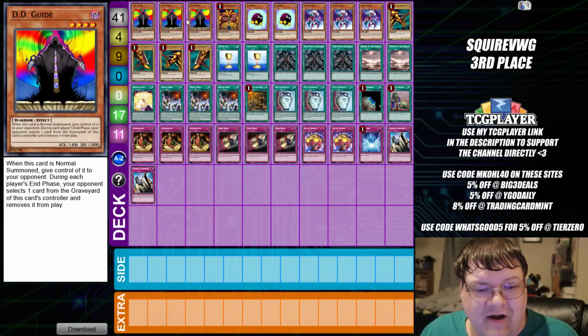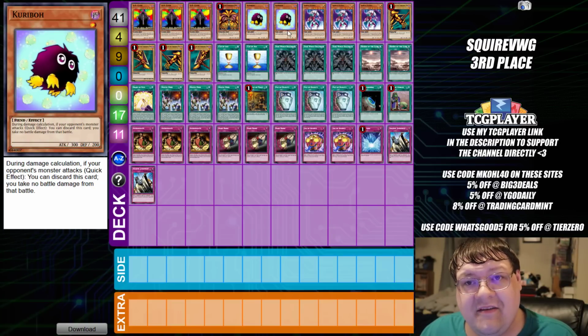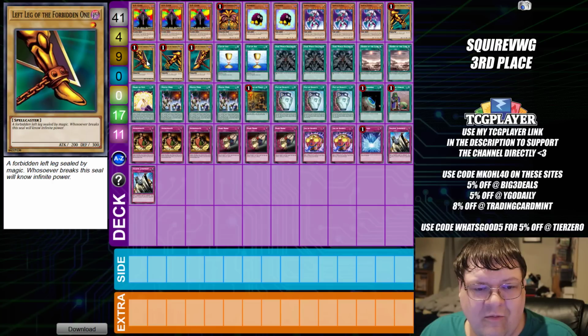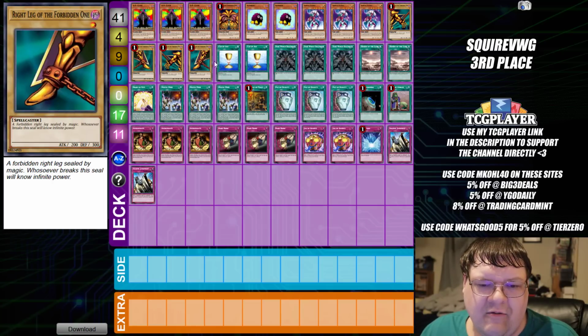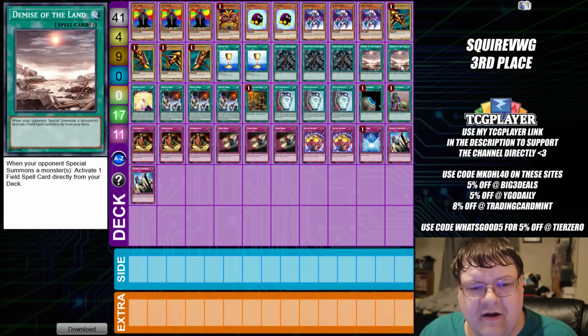So, we have triple copies of DD Guide. Ah, man, giving control of this to your opponent feels so good. We have one Exodia, the Forbidden One, two copies of Karibo, triple copies of Santa Claus. We have one left arm, one left leg, one right arm, and one right leg. We have two copies of Cup of Ace, triple copies of Dark World Dealings, two copies of Demise of Land